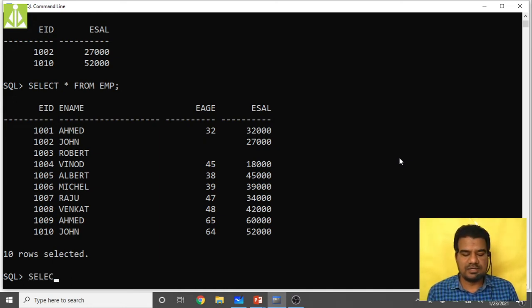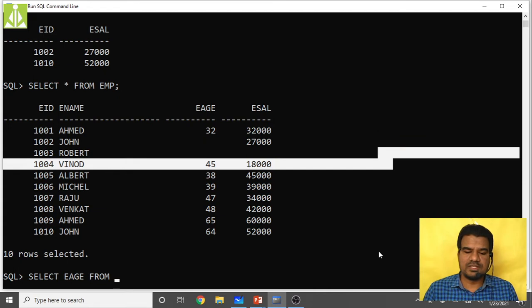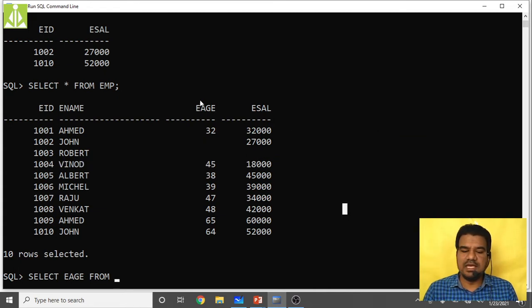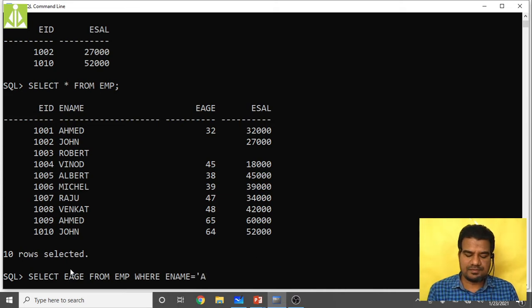So select age, not age, eage it is. The field name over here is eage, it is not age, so you have to write the same eage. Select eage from EMP where ename equals to 'Albert'.